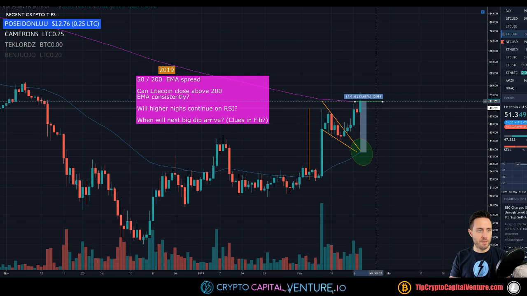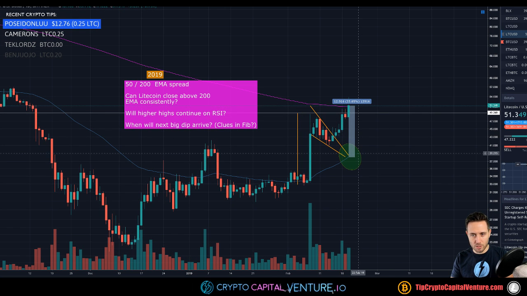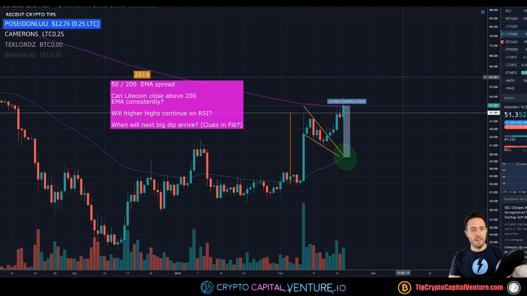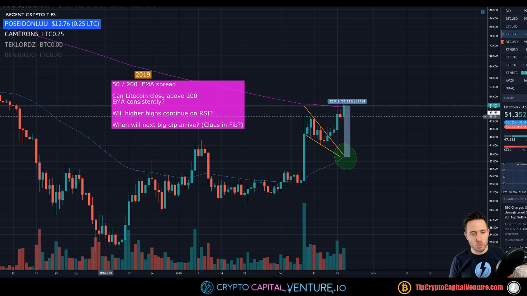The spread of the 50 EMA to 200 EMA. Let's see if the 50 EMA can keep approaching the 200 EMA for that eventual cross, right? So a continued uptrend. The second question we have is, can Litecoin close above the 200 EMA consistently? So assuming we do get a continued uptrend, right? We might, even if we have a slight pullback, if we do get a continued uptrend and we actually close above the 200 EMA, the question is, once Litecoin is above, assuming it does get above the 200 EMA,